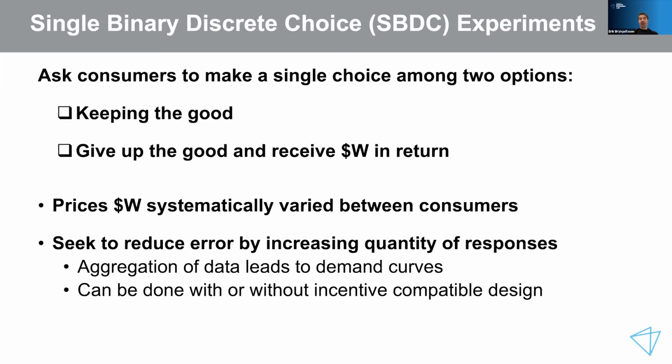Of course, there's going to be some noise and error in it, and some of the noise you can eliminate just by having larger sample sizes. We did some experiments to see how well that worked, and of course, as expected, you eliminate a lot of the idiosyncratic noise. Some of the noise may be biases that are built in, and the incentive compatibility is meant to eliminate that. But there are people who have, say, social desirability bias or other biases, and they'll tell you a number that is different from what they really mean, and that's why it's valuable to have these incentive compatible experiments as well.